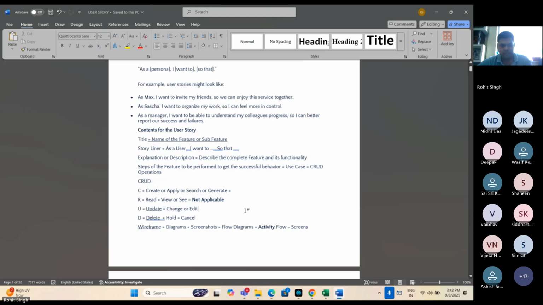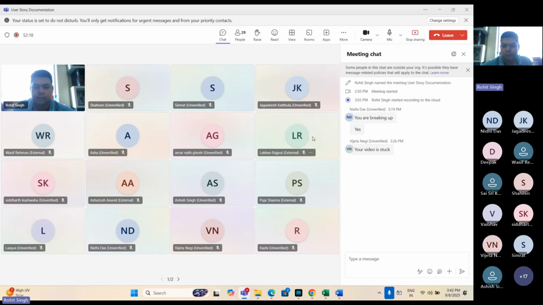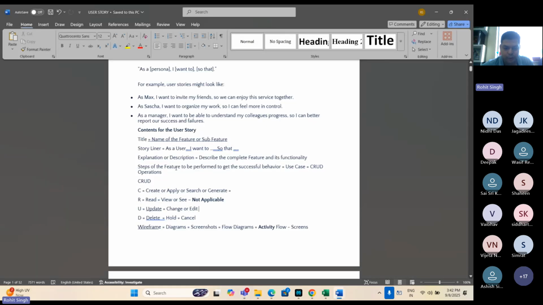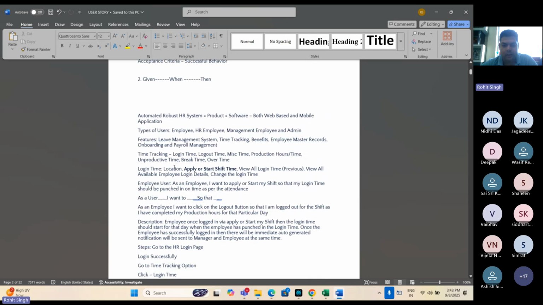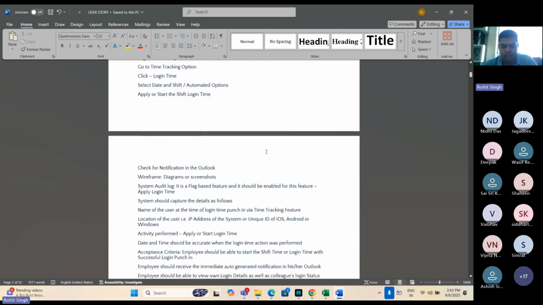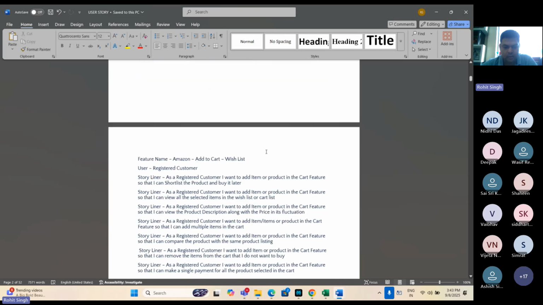Okay. So this is one of the user story formats that you should be using and explaining during the assessment, during the interview, and during your post placement. This is one of the best, I would say. I have never seen anyone reject this. Okay, I will give you this assessment, but first we need to understand more user story formats.